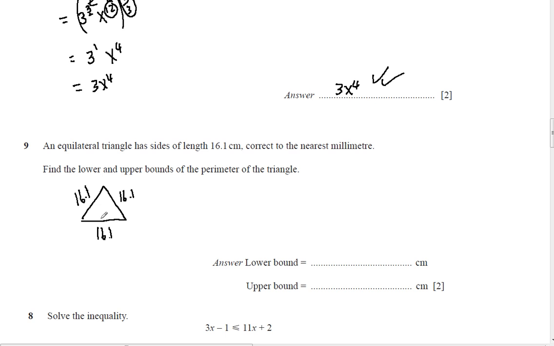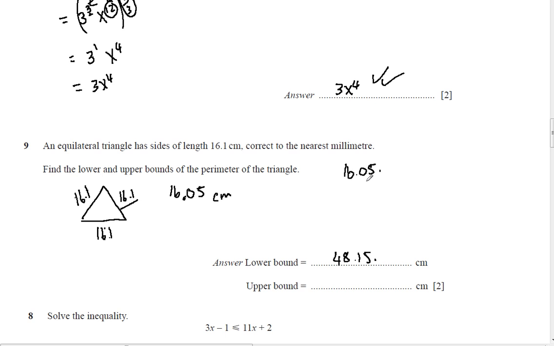For example, the lowest value that we can think of, if we're rounding to the nearest millimeter, is 16.05 centimeters. Because if you rounded it to the nearest millimeter, you would round this up to 16.1. So the lowest possible value for the sides of this equilateral triangle was 16.05, and if each of these values is 16.05, the perimeter is going to be 16.05 times 3, which is